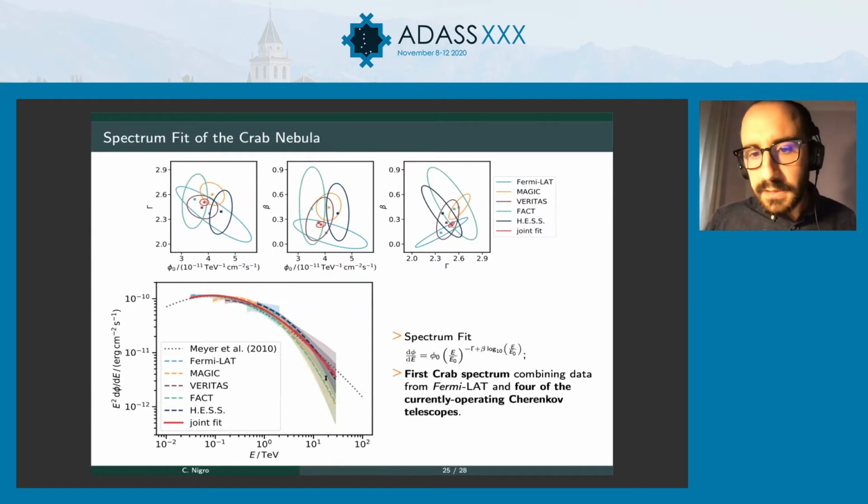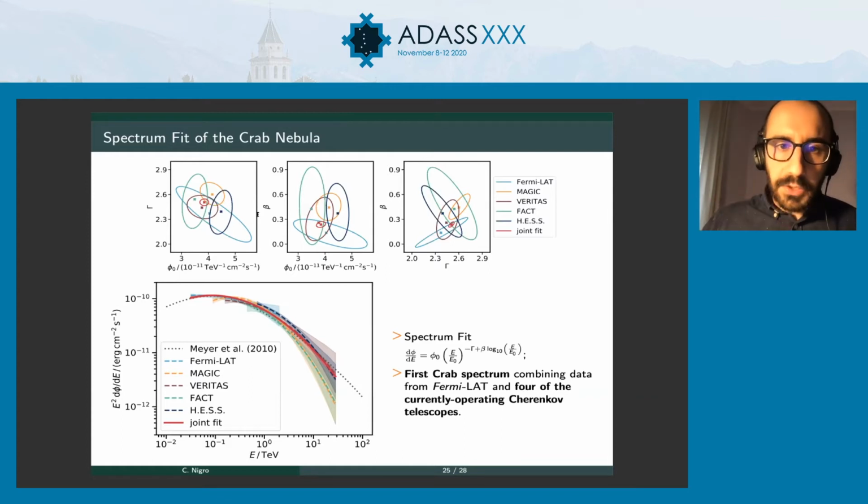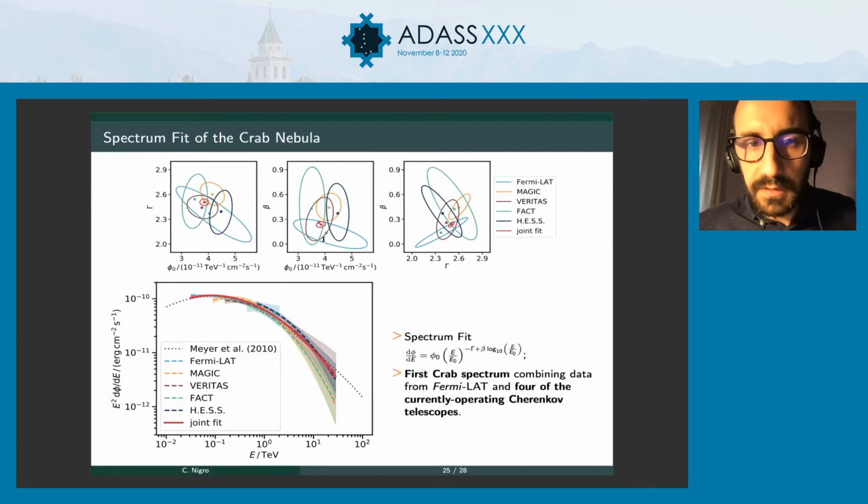These are our results. So we did the spectral analysis. We extracted the spectrum of the Crab Nebula using 1D binned analysis, and we fitted this function that you can see here. It's a log parabola, a power law with an index that changes with the energy. On the top panel, you can see the likelihood contours of the different parameters of the log parabola, plotted against each other, the different combinations of parameters.